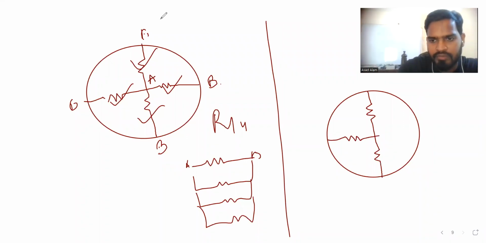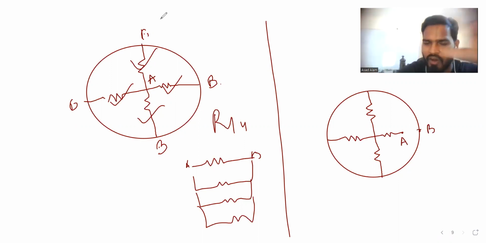A, B. Find the equivalent resistance between A and B. All are R. This is what you try. Whenever I'm giving a question, you should pause it and then try to solve it. So let's see. We can say now B, B, and B. So all the resistors are